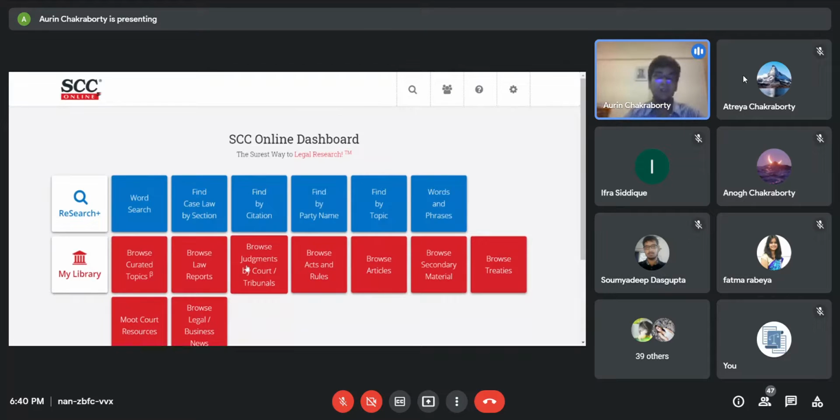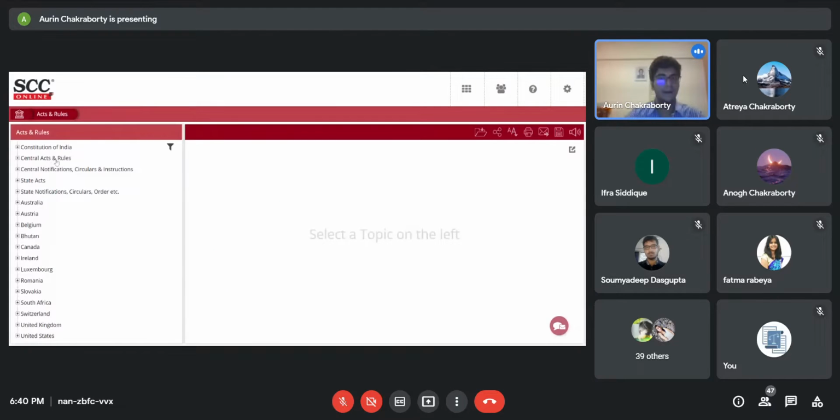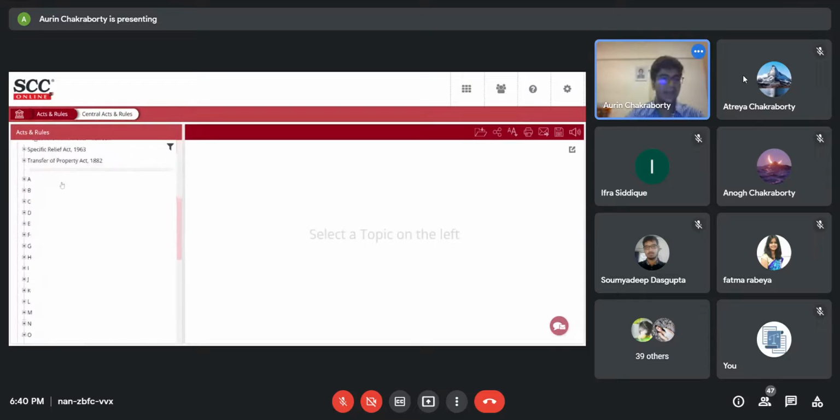Now, you'll also find international tribunals over here. So that is one good aspect if we're looking for something cross-jurisdictional. Now, browse by acts and rules, again, this takes us to various bylaws, the particular statutes that are there. So if we just open that up, you'll see the central acts and rules. It also helps us.